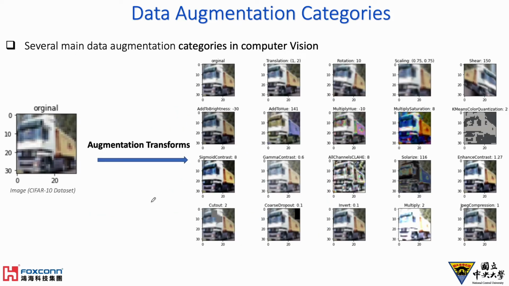I have prepared one more example with images, to make it easier to see and understand. I took one image from the CIFAR-10 dataset and applied a set of transformations with different data augmentation techniques. Here we have the original image, and we apply add brightness with a magnitude of -33. We can see the color is transformed a bit differently, and if we apply shear here,